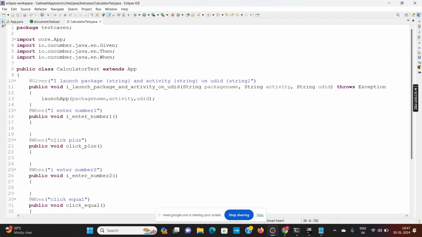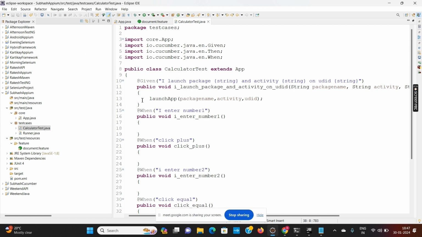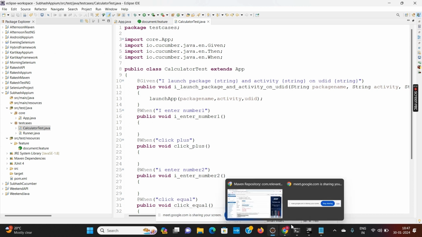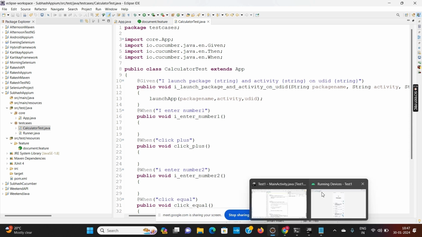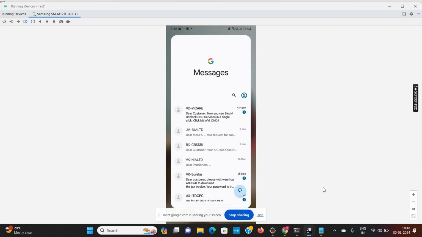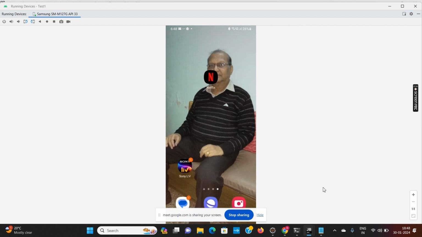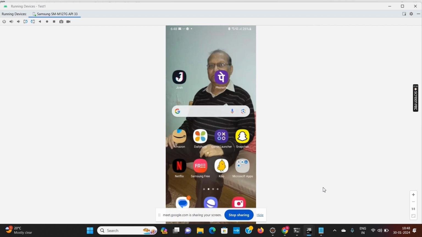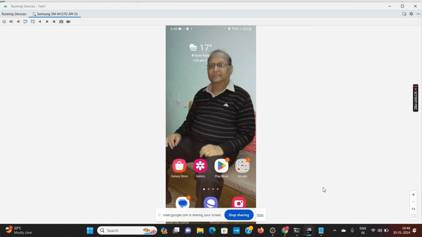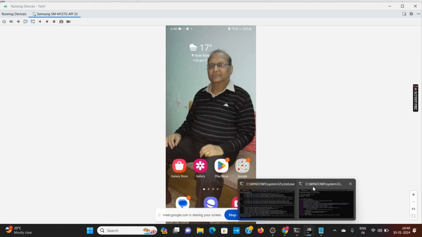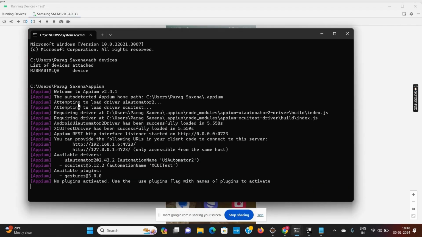Now, again, I will run this program. Now, if you see on my mobile here, no app is opened up. No app is opened. And my Appium server is already running. If the Appium server is not running, then your Java program will not be able to connect to it and it will not execute.